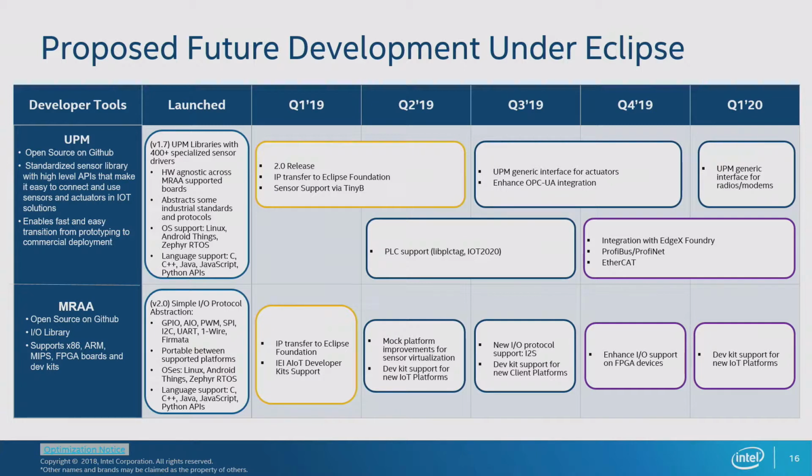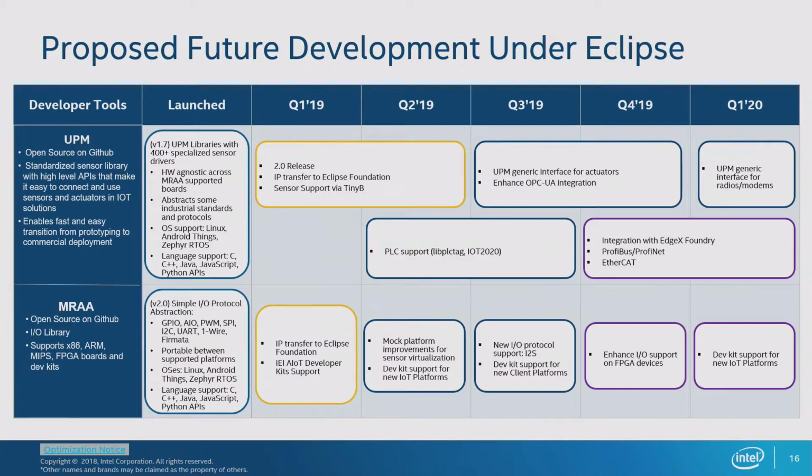For UPM, we're actually looking at adding some PLC support, and that's actually with our partners at Siemens. They came up with this IoT 2000, IoT 2020 platform that's really based on one of those Galileo boards, but it acts as a PLC. It runs the Octo project with a real-time kernel. You could do command and control with those for industrial systems very, very easily.